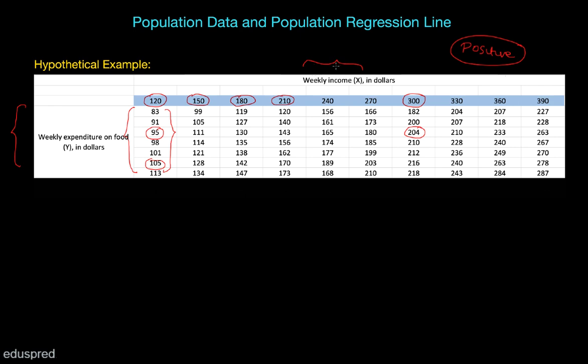And this is something which you can see from this table as well. If you compare the weekly expenditure on food numbers in column number 2 and column number 1, you will see that the numbers in column number 2 are greater than the numbers in column number 1. Similarly, you can compare other columns as well. You can compare the numbers that you have in this column with the numbers that you have in this column. So you can see that there is some sort of positive relationship between these two variables. More income attracts more expenditure on food.